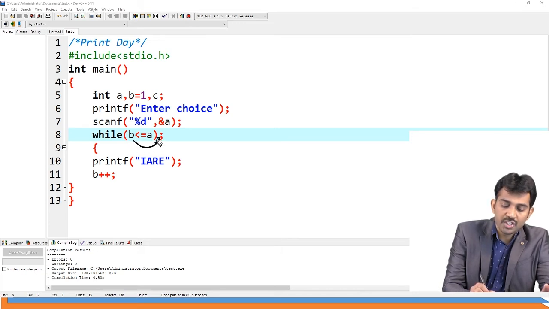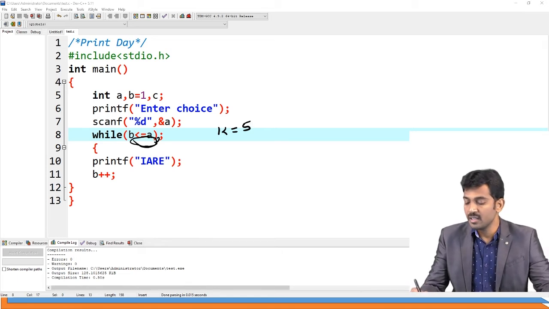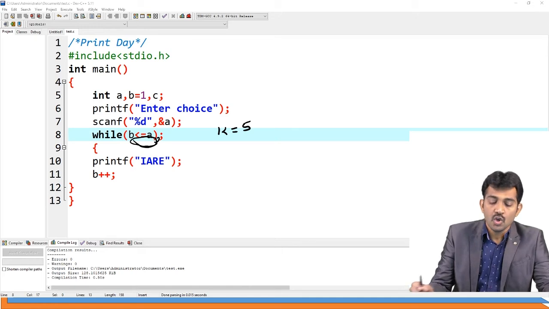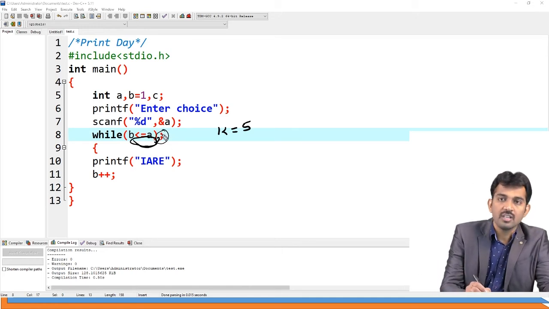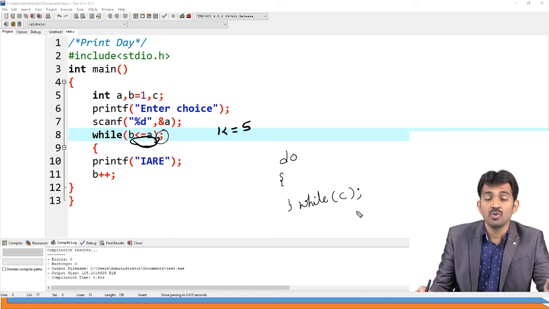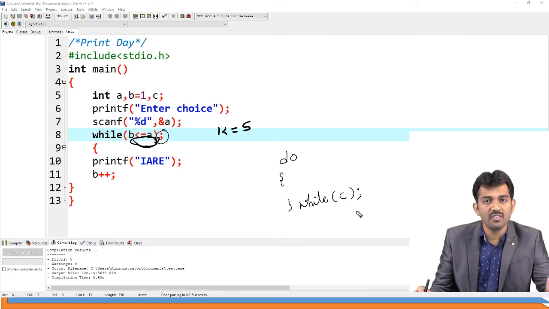So it keeps checking the condition and executing. The value is always 1, less than or equal to 5, because there is no decrement here. That is the reason. Right? So don't use a semicolon at the end of the while loop. But do while requires a semicolon after the condition. Even the for loop also doesn't take a semicolon. Even if you use one with a for loop, the same thing will happen.